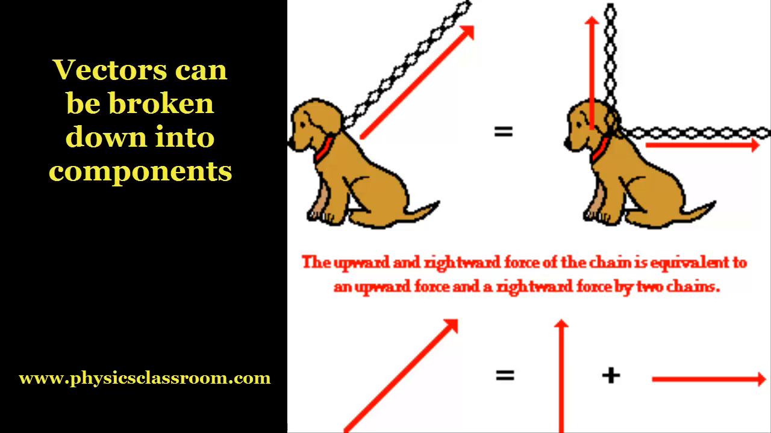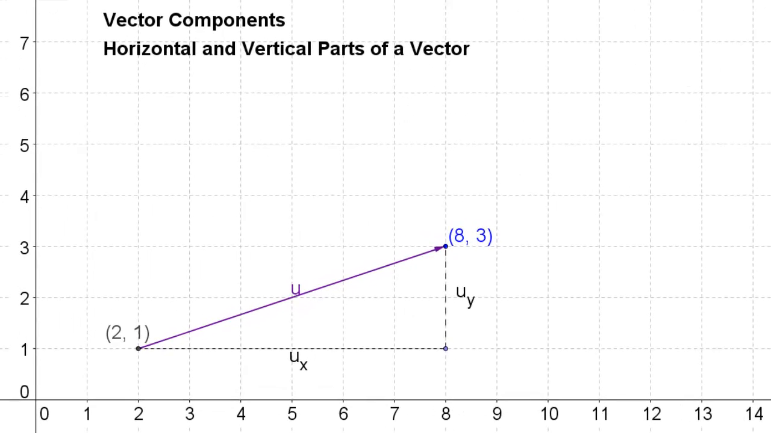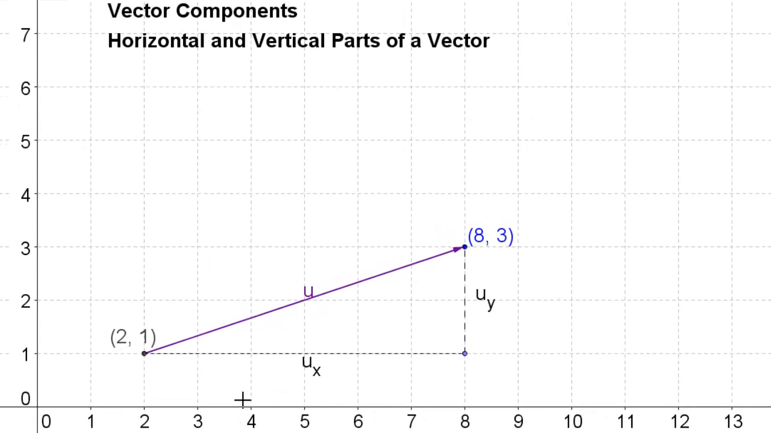Here's an example from physicsclassroom.com that shows pulling on a leash. If you pull on a leash, you could actually break that up into a horizontal component and a vertical component. And that's useful for analyzing or breaking down the vector and combining with other vectors. So if we know that finding the components of a vector is important in helping do vector operations, how do we find them? If we have the two endpoints of the vector, the beginning and the end,